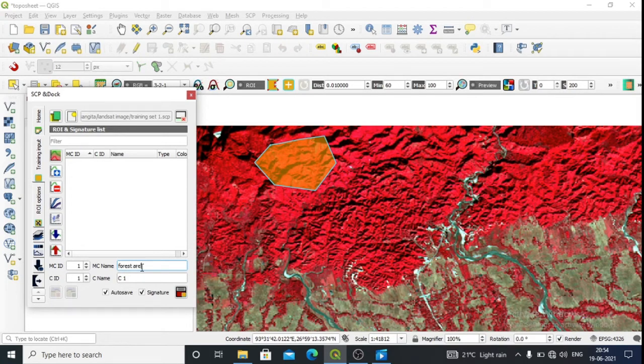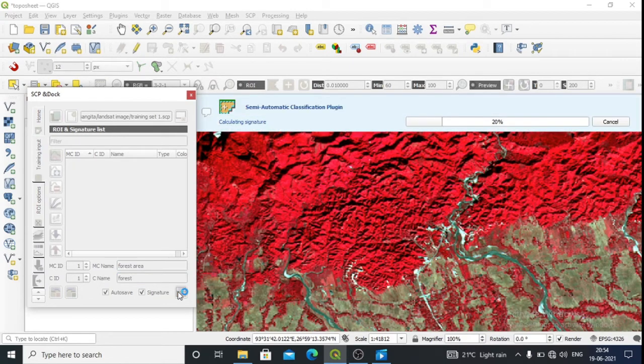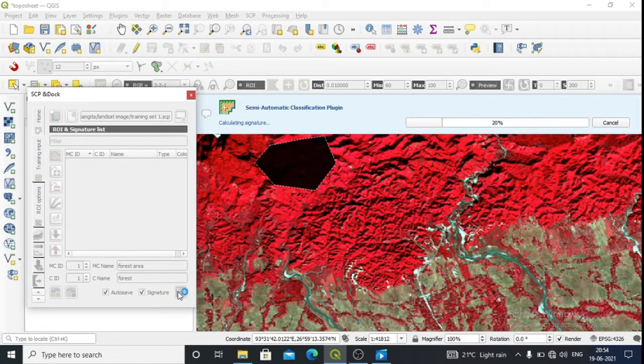You have to give a name to this identification, so the name you give is forest. Then click on this particular option. We have to wait till this is 100%.